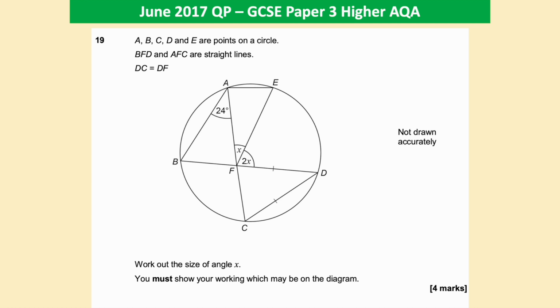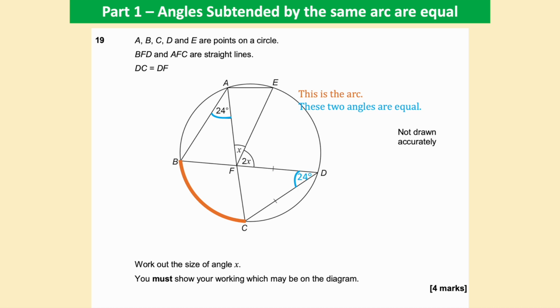Okay, so the first thing you need to do is notice that angles BAF and FDC are subtended by the same arc, and so they are equal. They're both 24 degrees. Now, you may be struggling remembering this circle theorem that angles subtended by the same arc